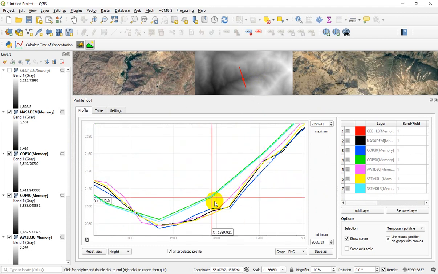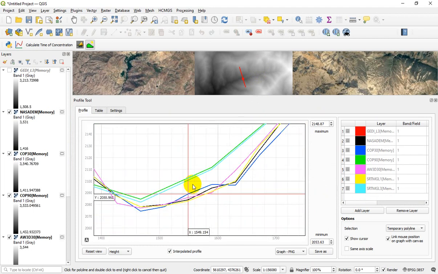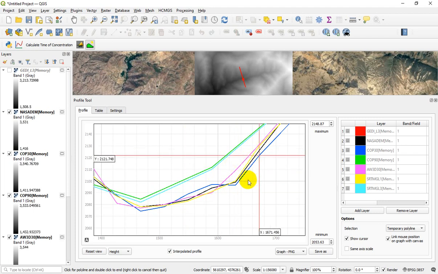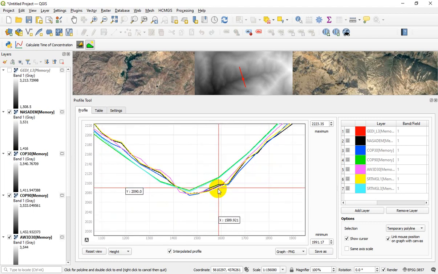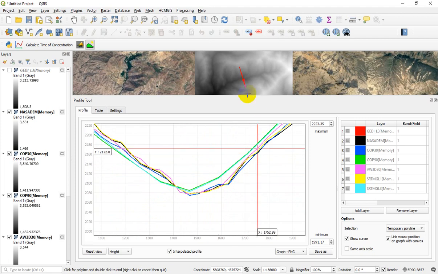Some DEM sources overestimate the elevation, and some DEM sources tend to underestimate the elevation value. For selecting the best DEM source, you need to have surveyed maps or observed topographic data sets and compare these outputs with the surveyed data set in order to find the better DEM source for your case.